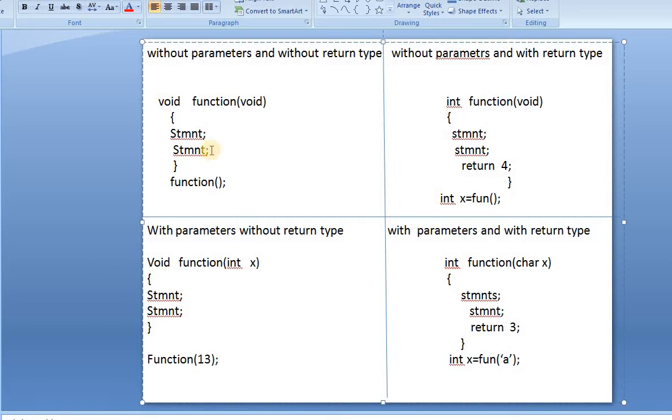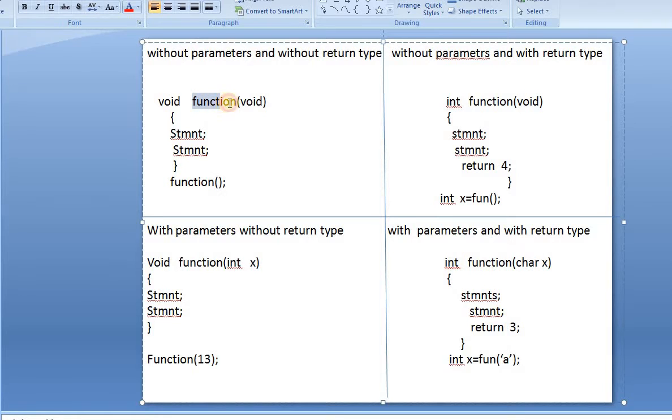Now I have to call these functions to execute this code. If you simply write this function without calling it, how will that be executed? When you call it, the whole code will be executed. So I'm calling this function. When you call it, you don't need to mention the return type or anything. I'm just calling the function by specifying the function name.